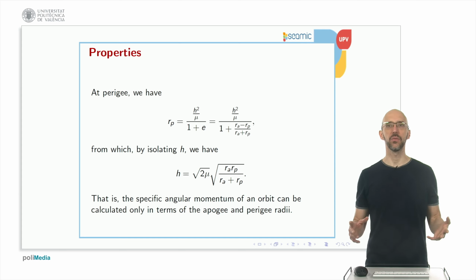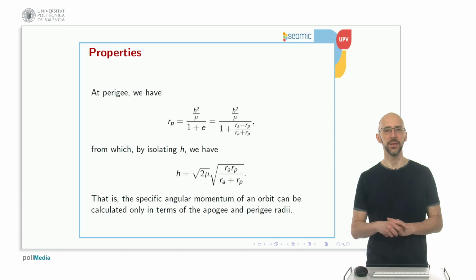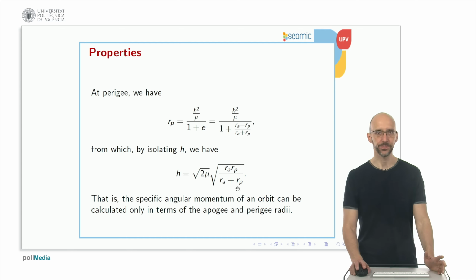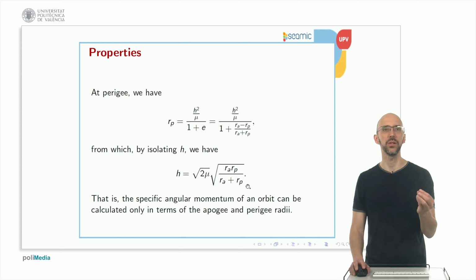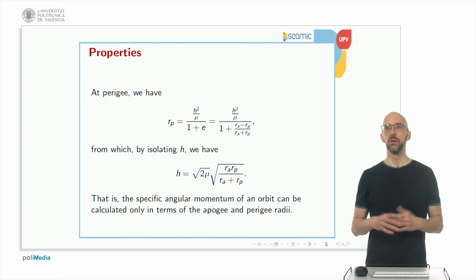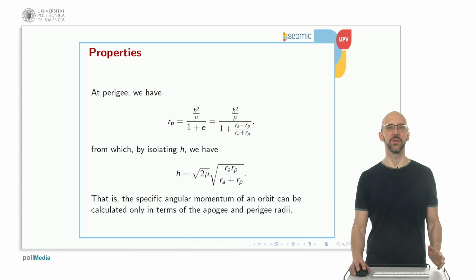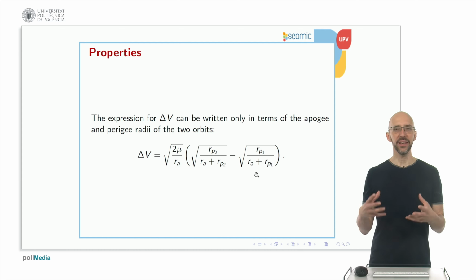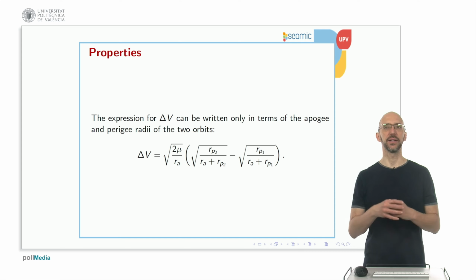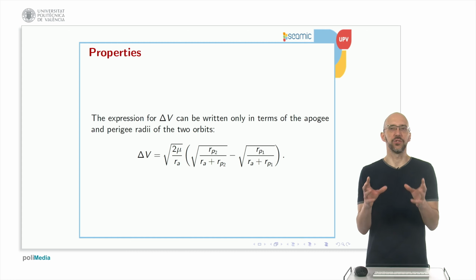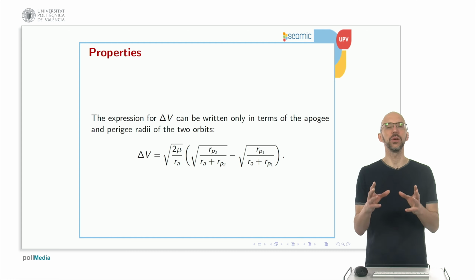Yes, you only need the radius of the apogee and the radius of the perigee, apart from the standard gravitational parameter that you are seeing perfectly here. But this is a really nice way to calculate the magnitude of the specific angular momentum. You only need radius of the apogee, radius of the perigee. Perfect. So, how can I change speed in a simple orbital maneuver? Delta V is the variable we are going to obtain